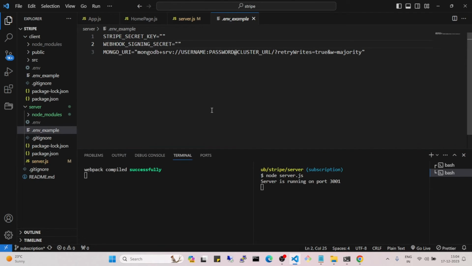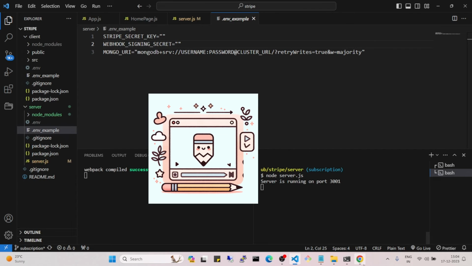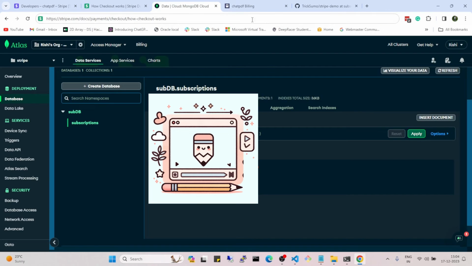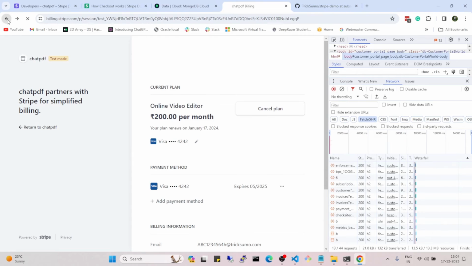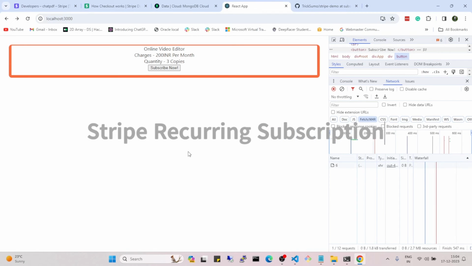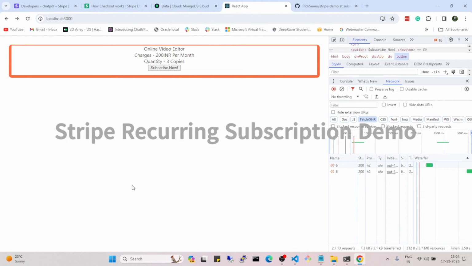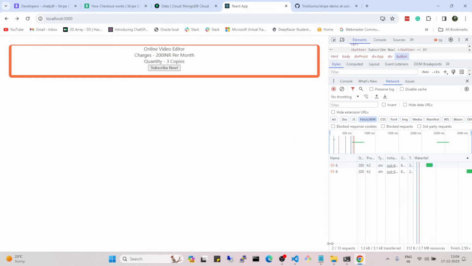So now once your local setup is done, you can run it. For now I'm just showing the demo of what will happen. We had already seen this, but I will show it once more, and also for recurring subscription. First, since I had already updated the user email in the database, when I click on the subscribe now button, a new user will be created, a new customer will be created in the Stripe account, and I will be redirected